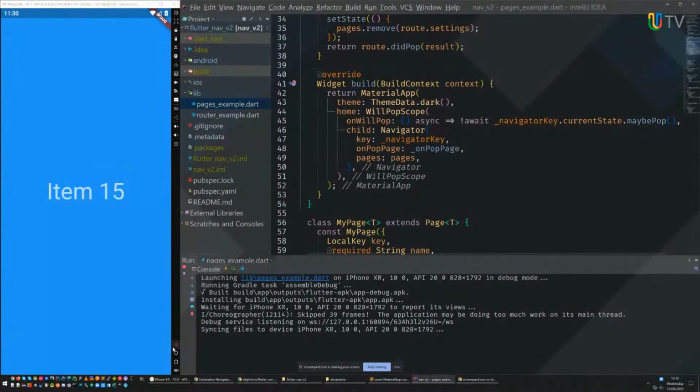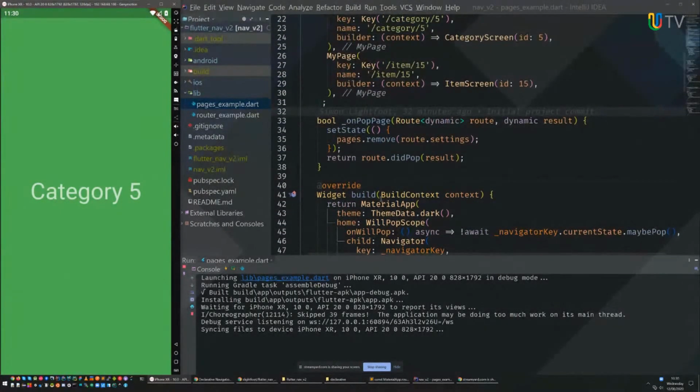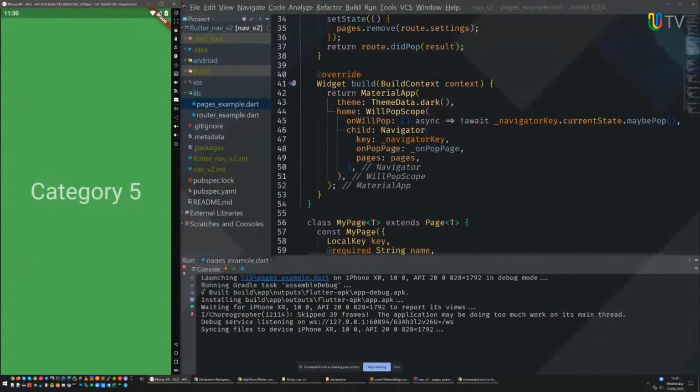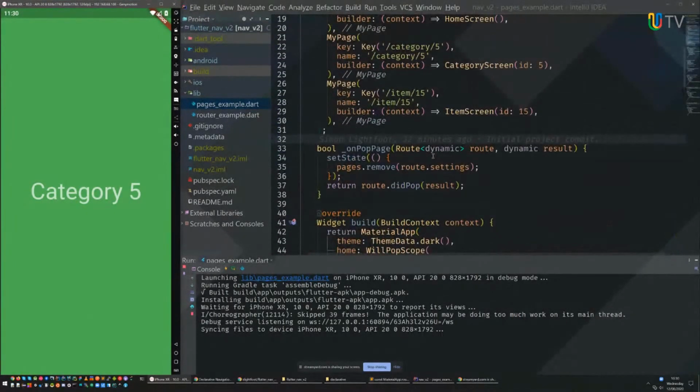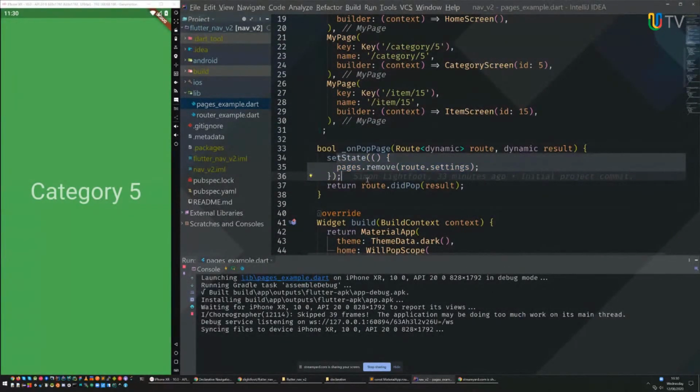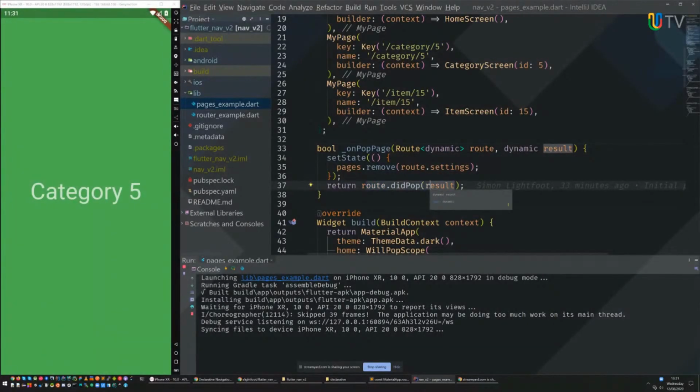Well, we're running this now. So if I hit the back button and everything goes right, there we go. What just happened is it wanted to pop the route. So Navigator saw that we were using the Pages API, and onPopPage called our function. We then remove it from our set of pages. That then pops the route, which starts the animation process and does lots of other things.